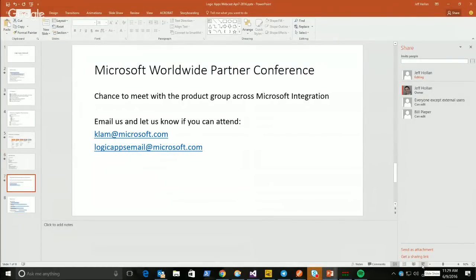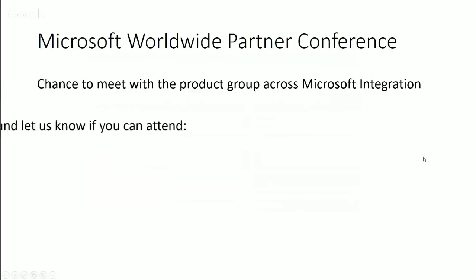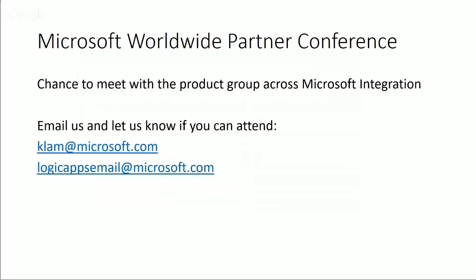WPC, Worldwide Partner Conference. Kevin, you want to talk to this a little bit? So the Worldwide Partner Conference is going to be happening in Toronto in the second week of July. I will be there, and I would love to meet with you if you guys are going to be there. If any of your partners are going to be at the Worldwide Partner Conference, we'll be talking about BizTalk, Logic Apps, the integration story, and how it's going to benefit you as partners, and how you can help your customers with that. So I hope you can go. If you do go, please reach out to me. I'd love to meet with you and talk with you about how we can help you as a partner. Yeah, cool opportunity. Great conference to go to.